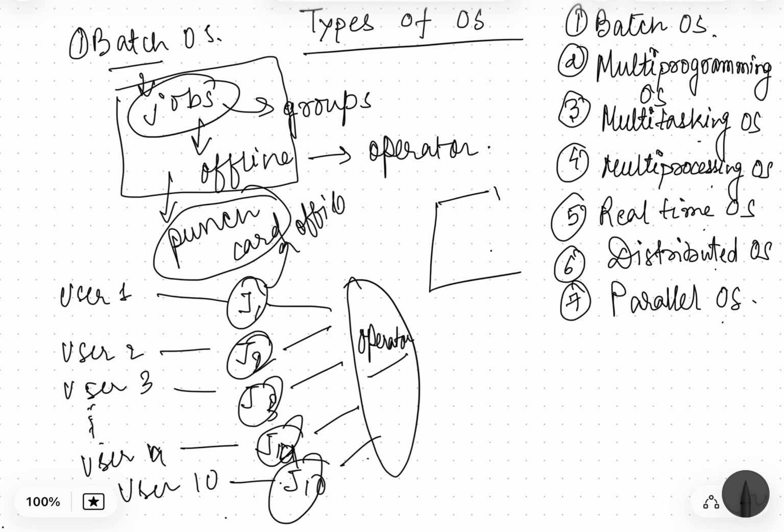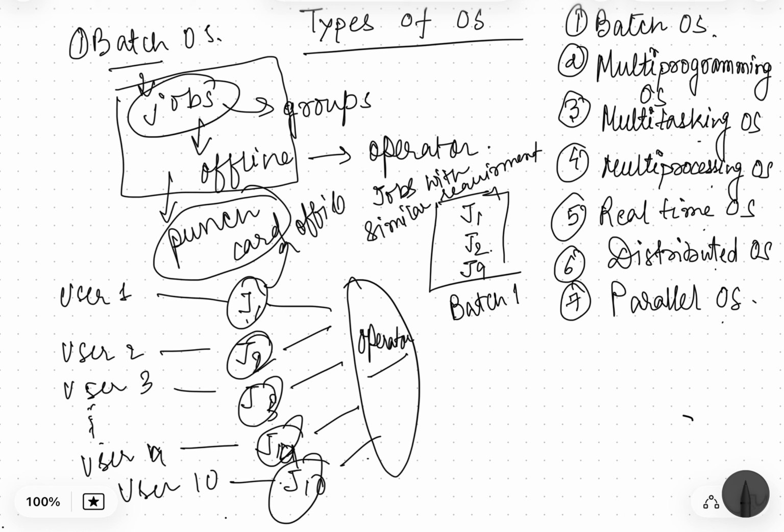On the basis of requirement, jobs with similar requirements are put in one batch. Suppose job 1, job 2 and job 9 have similar requirements. So job 1, job 2, job 9 are put in one batch